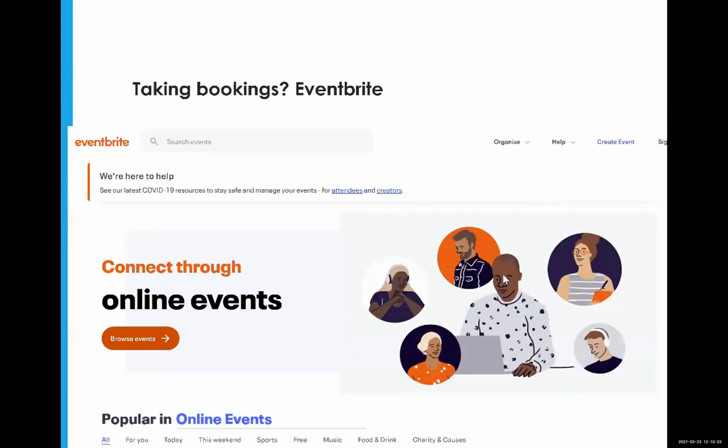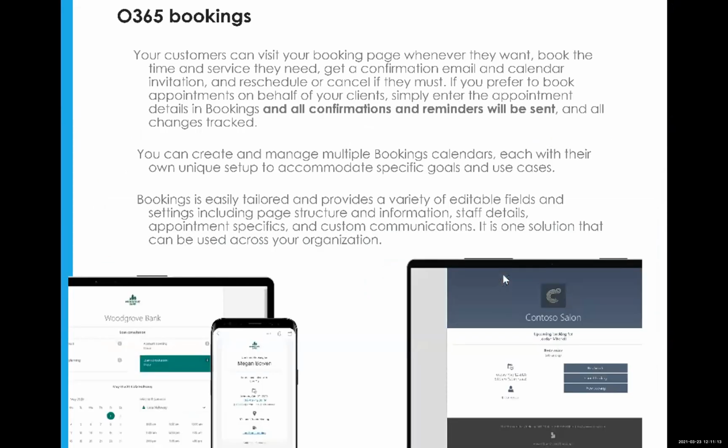If you're looking at taking bookings, then don't forget the obvious ones like Eventbrite. It does have charity and not-for-profit pricing, which is worth having a look at. The thing about Eventbrite that works incredibly well is it's not just a booking app. It also has an area where it advertises the events that you're running. Quite often for us, a lot of people have found our workshops because they're on Eventbrite. So thinking about using it as a communication space as well as that event booking piece is really useful to play with. Inside Office 365 also, there is a bookings app. So have a look at it. More basic than Eventbrite, but it does allow you to be able to, if for example,